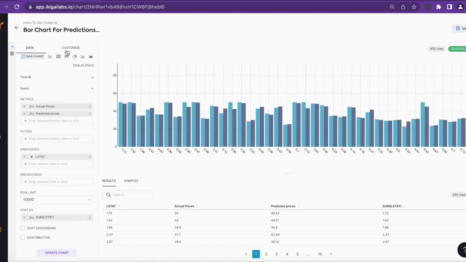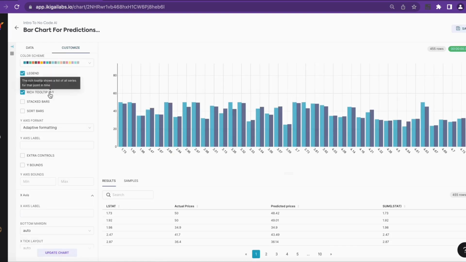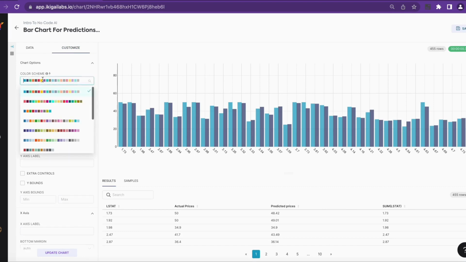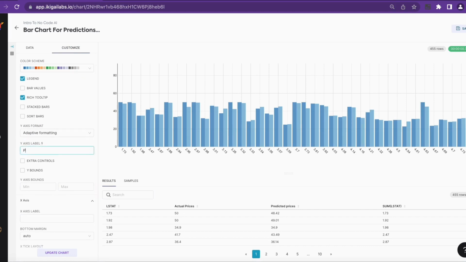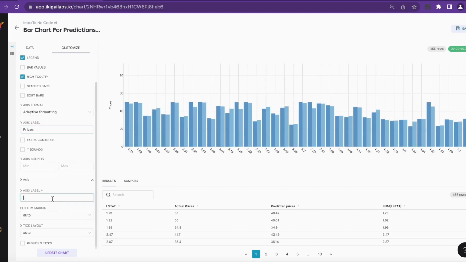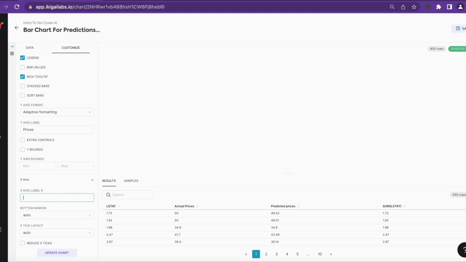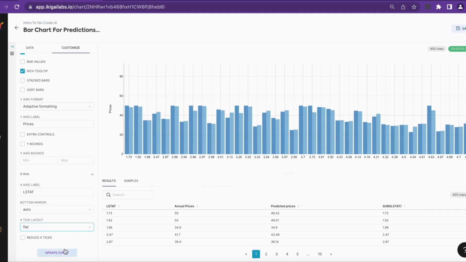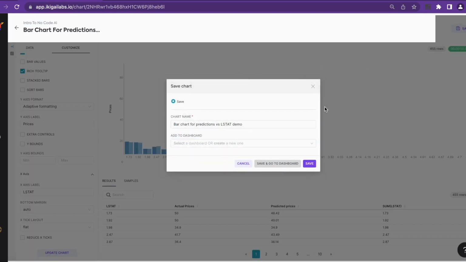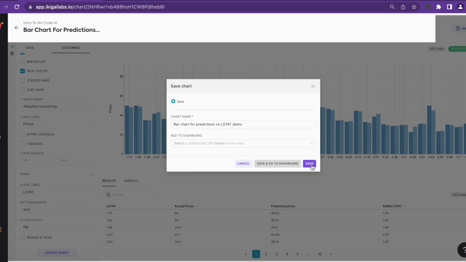There are still many customization options. We can select the customize here and change the color theme of the bar chart. We can also give labels to x and y axis. For y axis we can name it as price, and for x axis we can name it as LSTAT. Also we can change the angle of the x axis label. We can select here as flat and click on update chart and can save the chart and again click on